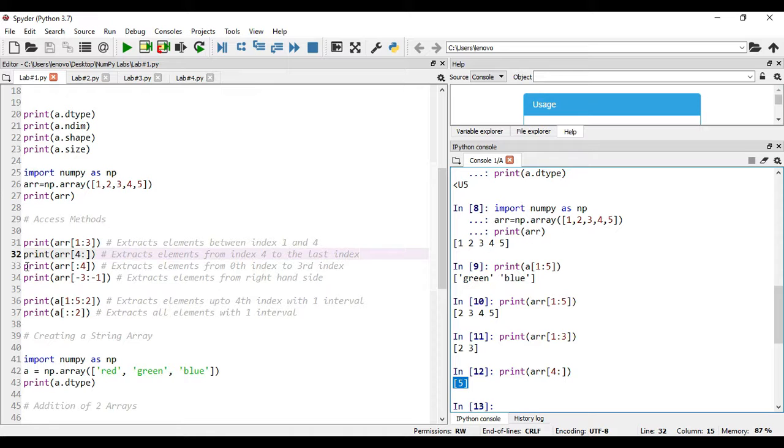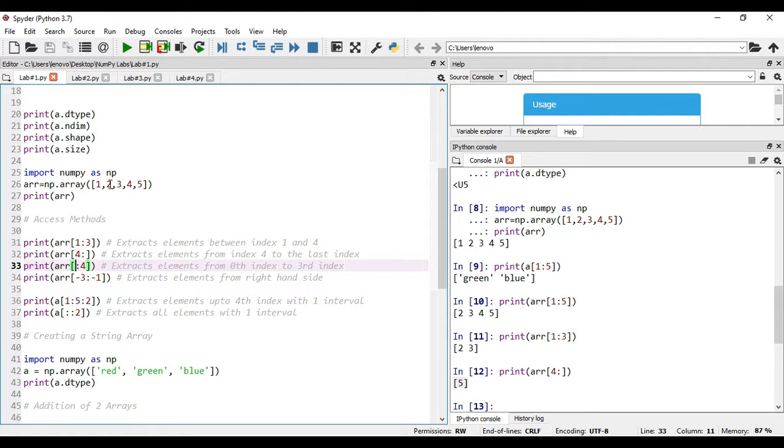In the same fashion, here I have used the statement in a different way. Print arr of, I forgot to keep the first element, colon, and I have mentioned the fourth element. It indicates up to the third index; 4 will not be considered. It has to start from the 0th index, so it will be from the 0th to the third index, meaning 1, 2, 3 and 4.